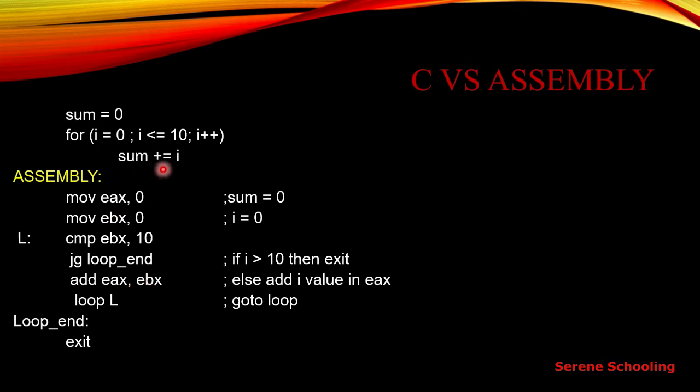This is just like this one. I'm adding these two values, and my result is stored in sum, and for sum I'm taking EAX. So the result is saved in the EAX register, and this is executed just once. With this loop L, I'm again sending the control to the L label. It means I'm executing these statements again and again, just like this.